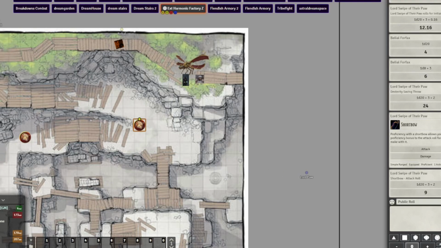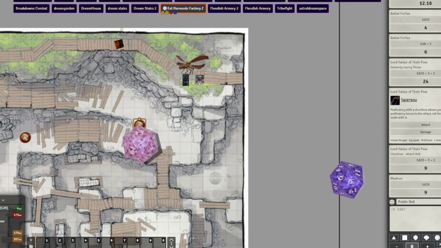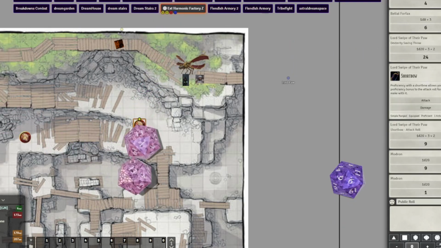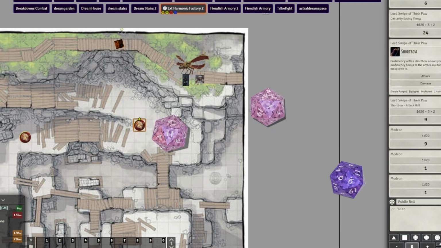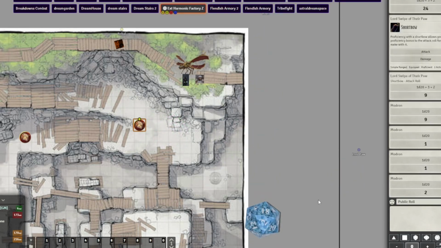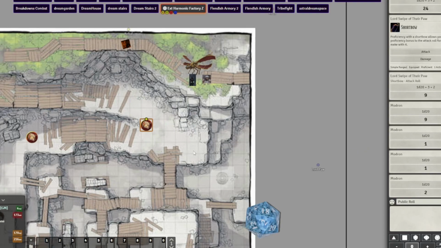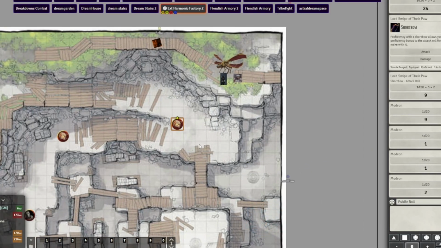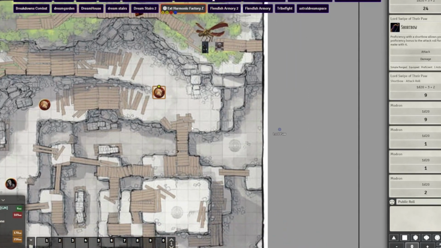So we'll start with 2 for Krull. We've got a 9, which does not hit, a 9, which does not hit, and then for Belial, we've got a 1, which definitely does not hit, and a 2. So these arrows, they just litter the area, but they do not come anywhere near you.